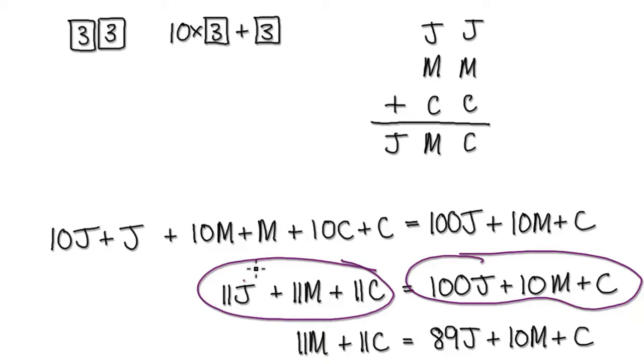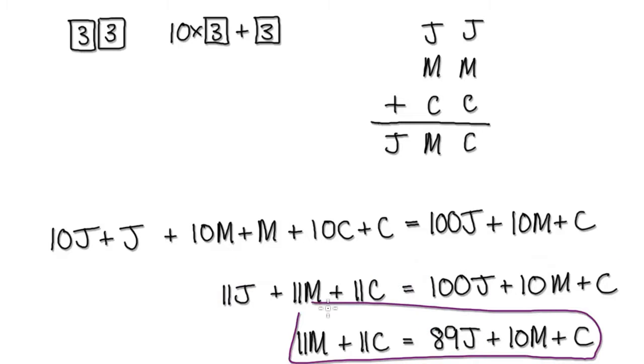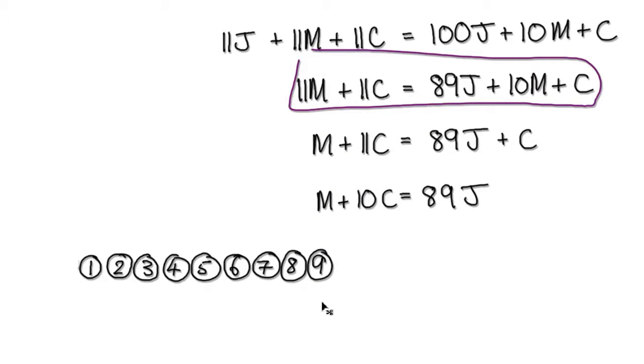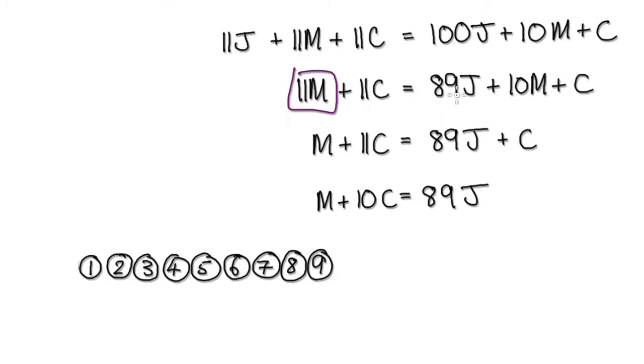So in your mind, take away 11J. So this will disappear. And then 100 take away 11J, that will give you 89J. So that would then take you to here. And then from here, if you look at this, you've got 11M and then you've got